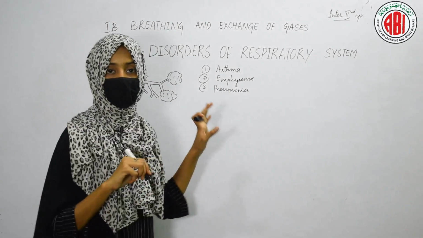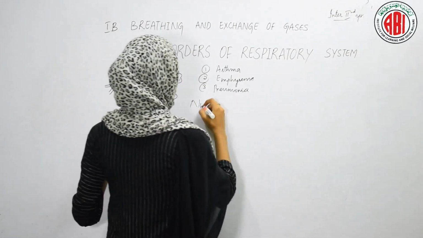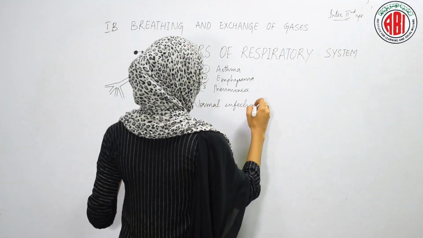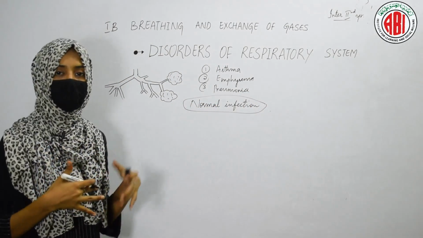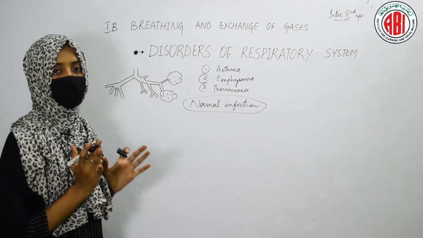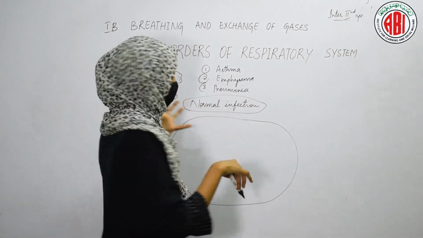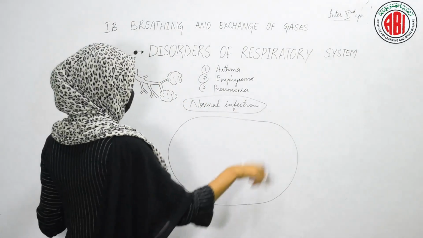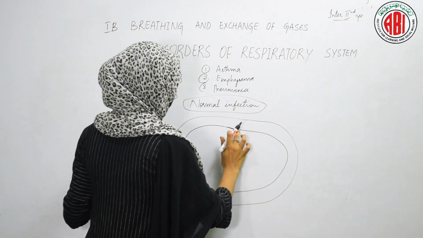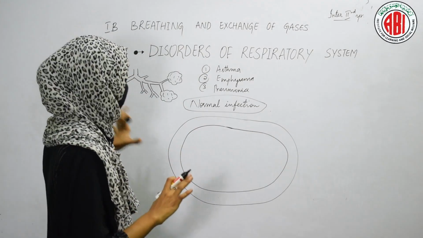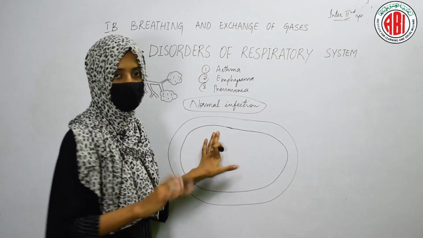As I told you, we need to understand the mechanism of normal infection first. So what is going to happen in the normal infection? If a person gets a normal infection, what are the things that are going to happen in his or her body? Firstly, we are going to see the diagram of any organ where the infection is going to happen. When we do the transverse section of any organ, we can see a wall is located at the posterior side of every organ that is present in the human body. So this is a wall and here is an organ.